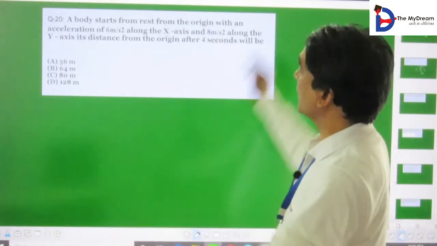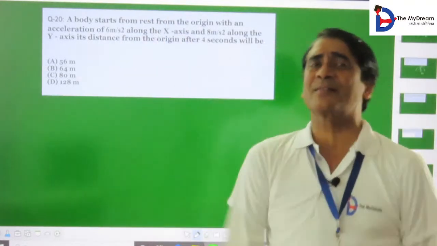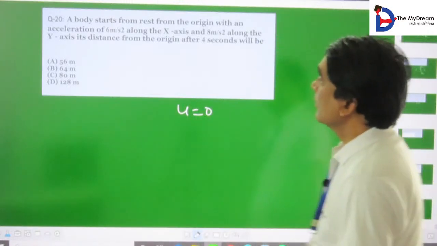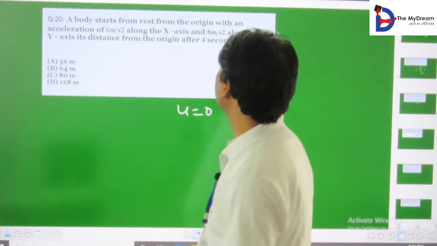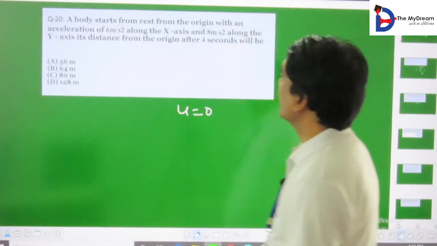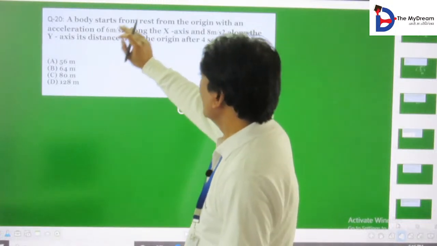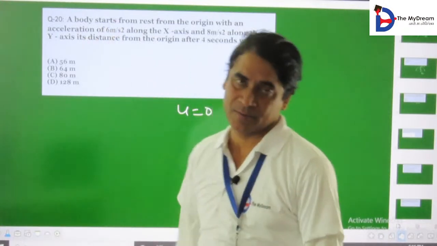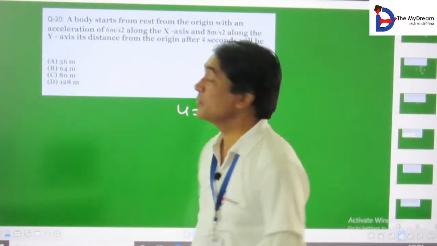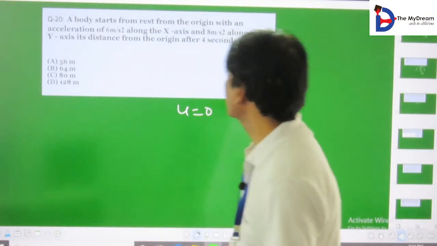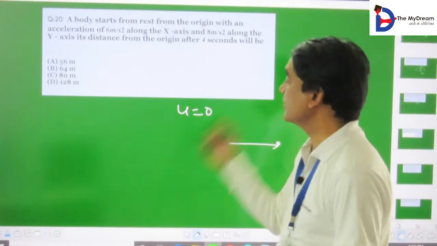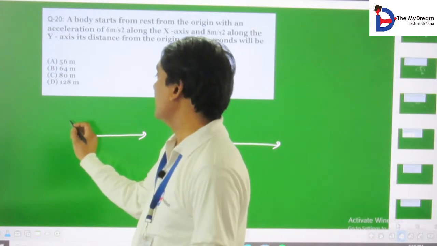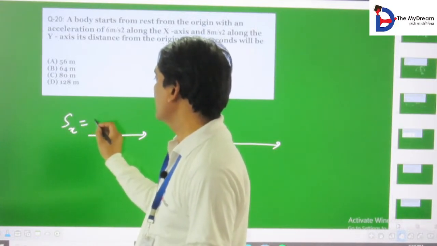ए बॉडी स्टार्ट फ्रॉम रेस्ट. जैसे ही वर्ड आता है बॉडी स्टार्ट फ्रॉम रेस्ट, इसका मतलब ये सभी को पता है इनिशियल वेलोसिटी 0 है. एक्स एक्सिस पर कितने एक्सेलरेशन से चल रहा है, ठीक है. A body starts from rest from the origin with an acceleration of 6 meters per second on the x-axis. x-axis पर कितने एक्सिस, पहले इसको देख लेते, ठीक है. x एक्सिस, u तो 0 है,